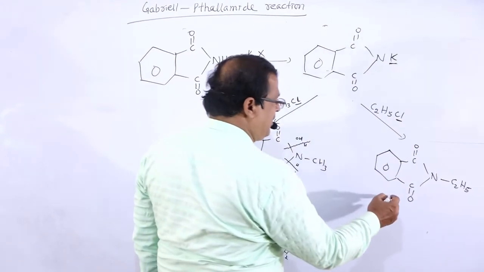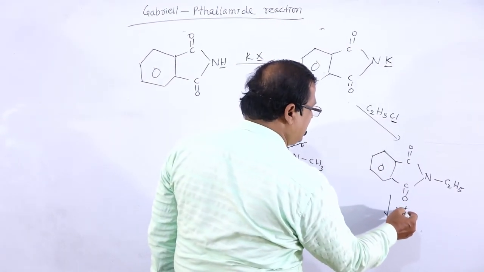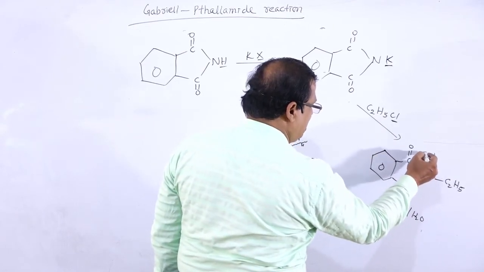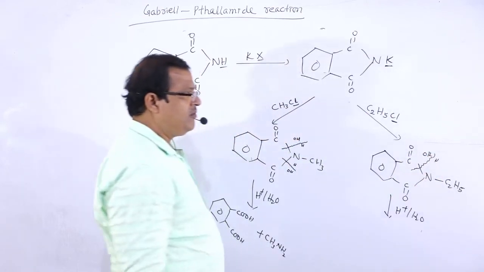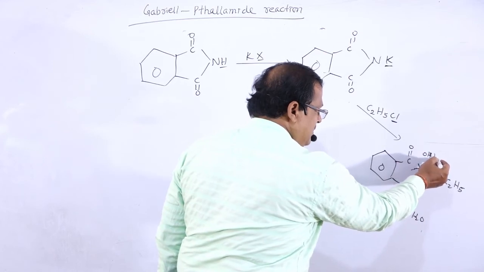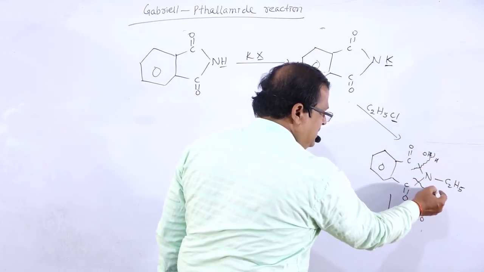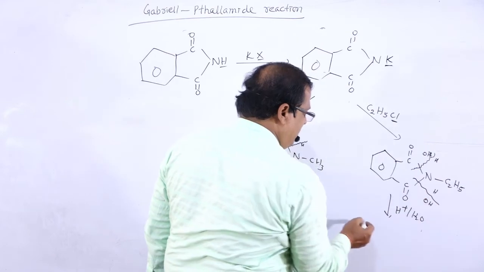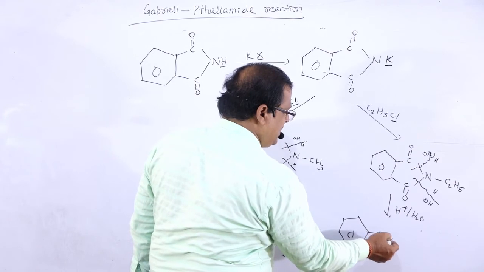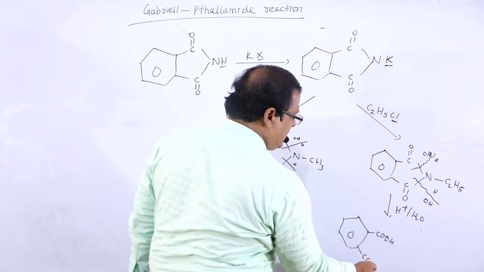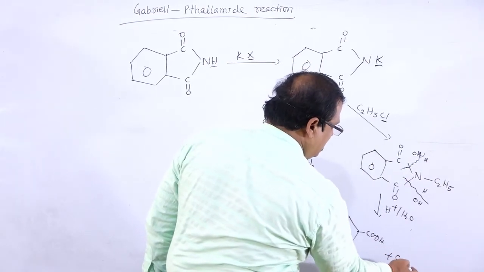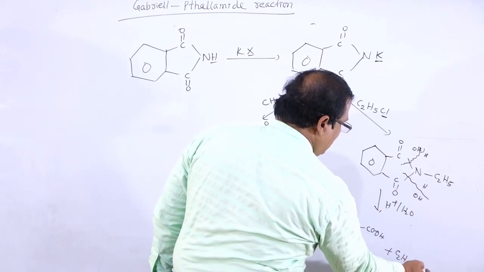And if this compound is subjected to hydrolysis again, with H plus and water, the same bonds will break by the addition of OH and H to the sides. That gives the benzene ring with COOH, plus C2H5NH2. That is the formation of ethylamine.